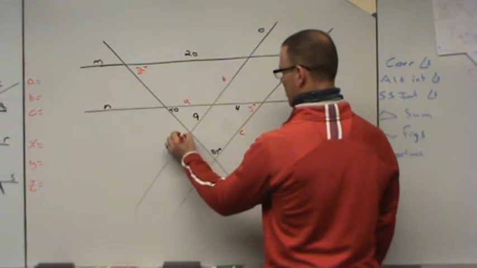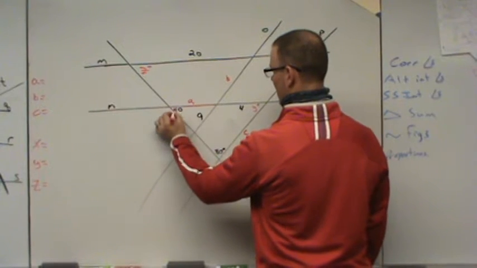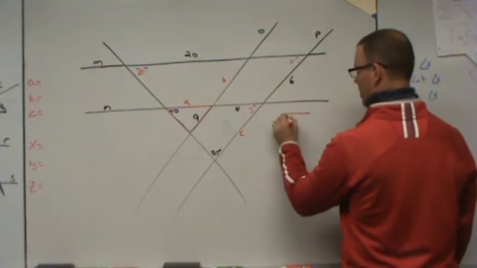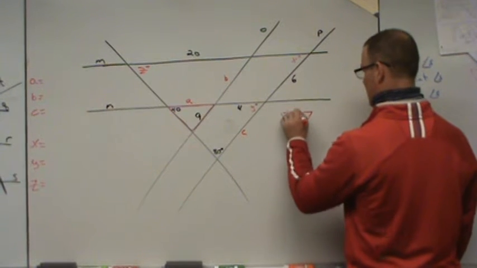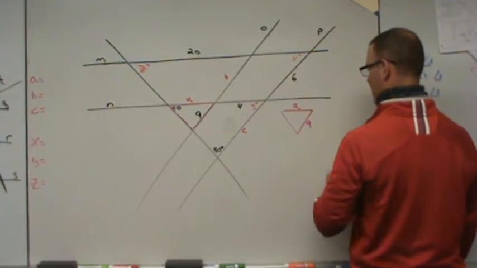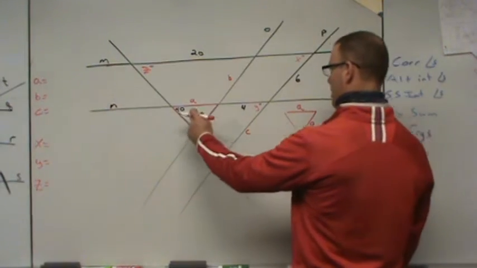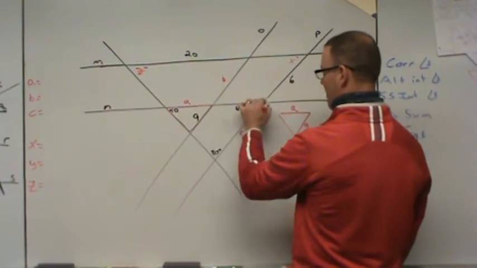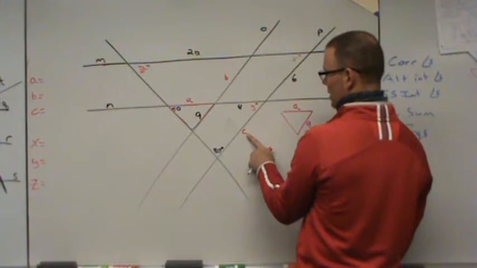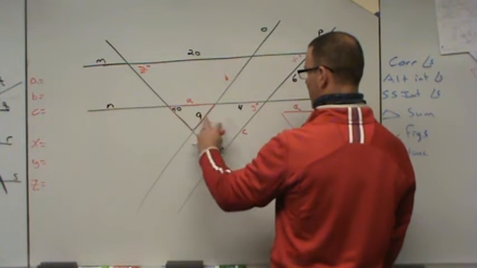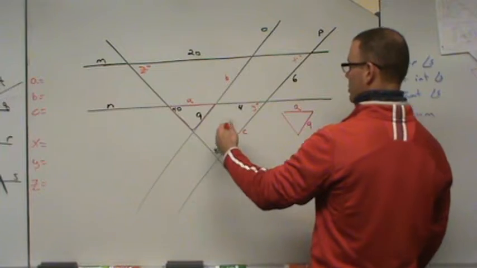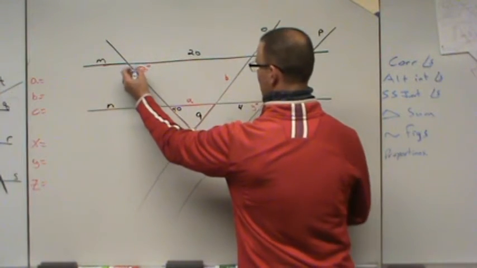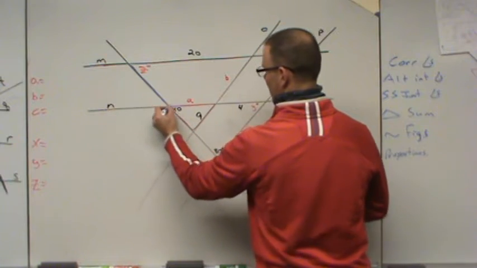Well, A is a part of this triangle right here. So I'm going to highlight that one. And I'm actually going to move it over here just so that I can kind of see A and 9. And I'm going to compare that. I could compare that to this triangle right here, but I don't know C. And I can't have two unknowns. So I need to compare it to a different triangle. So the different triangle that I'm going to compare it to, that I do know the values of,